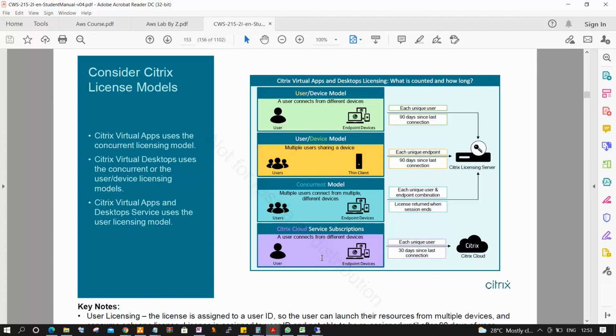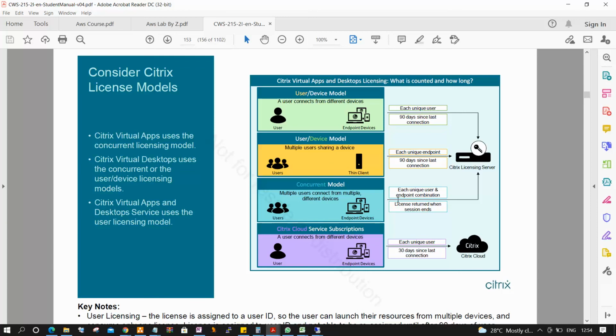But what is the difference? For example, with a user license or device license, when a user-based license session is connected, the license is registered for 90 days. If the user is terminated or going on a long leave, the license is not retrieved. That is an unnecessary waste. Device is the same. If you purchase device licenses and users connect sessions with the device, the license is delivered by the license server and reserved for 90 days, 3 months. If the device crashes or is not being used, the license is wasted.